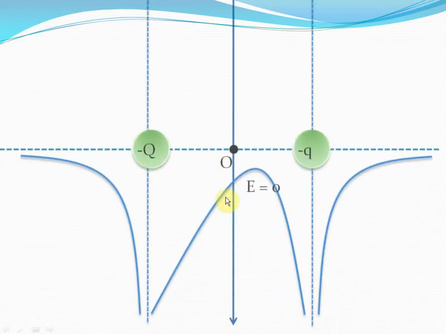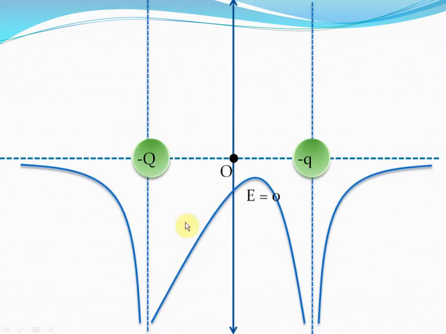This would be the graph of the potential in the case of two negative charges. As you can see, the potential will be completely negative in this case. Can you tell me why? That is because the potential due to the minus capital Q charge will be negative and the potential due to the minus small q charge will be negative. So clearly the sum of these two potentials will always be negative, isn't it? Again, this portion here will be the place where dV by dr will be equal to 0, or the electric field will be 0, isn't it?